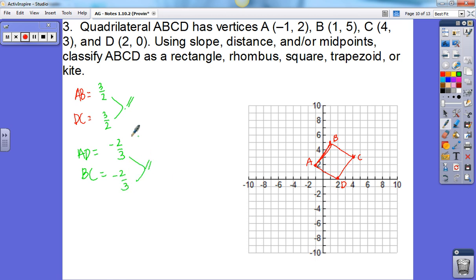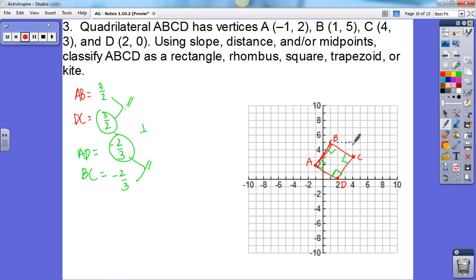So these are parallel. Notice these are also opposite reciprocals, so we also have perpendicular, which means we've got right angles here. So we're looking at a parallelogram with right angles, so we're looking at either a square or a rectangle. So let's look at our